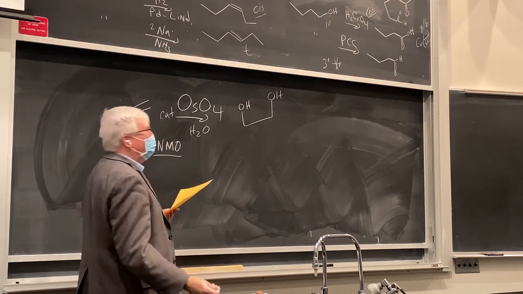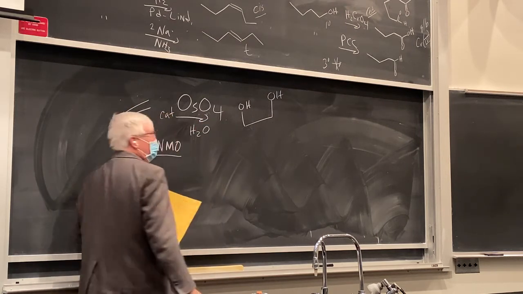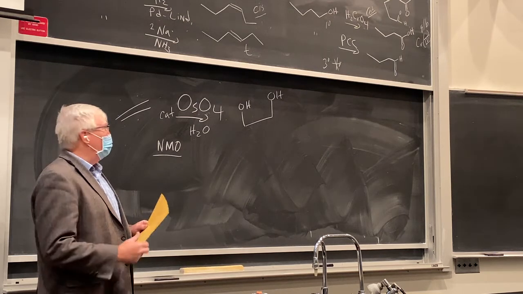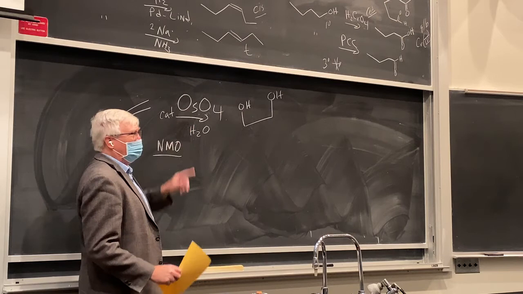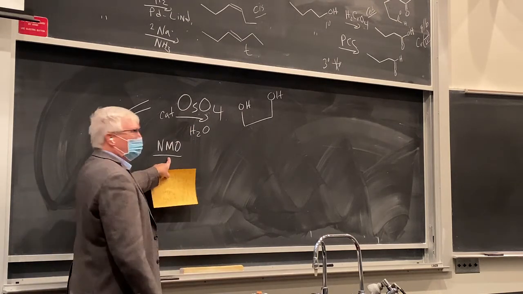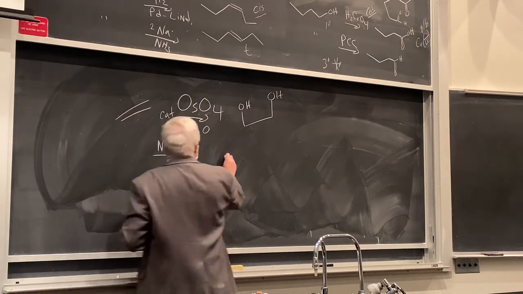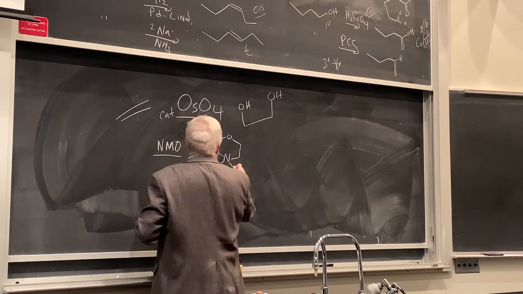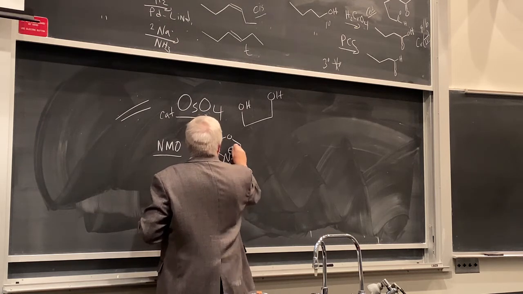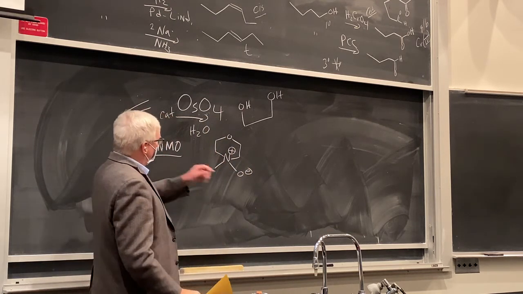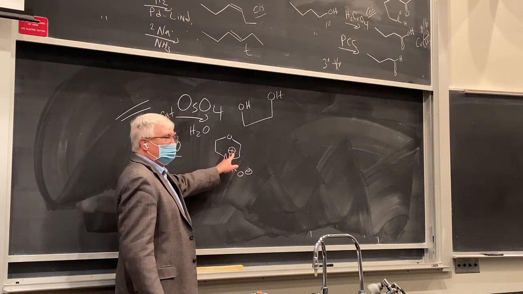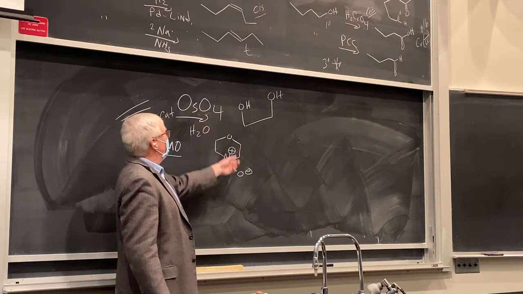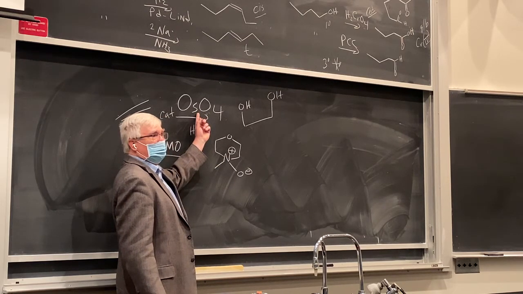Yeah, yet another acronym. The problem is osmium tetroxide is very toxic. So industrially, if they're going to do this on ton scale, they use a tiny, catalytic amount of the osmium tetroxide and then have a stoichiometric amount of NMO, which is morpholine N-oxide, this material here. Looks kind of funny, but it's O minus, N plus. And this is able to transfer this oxygen to the reduced form of osmium